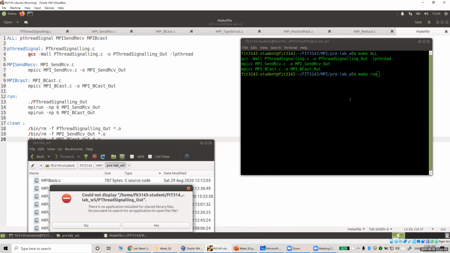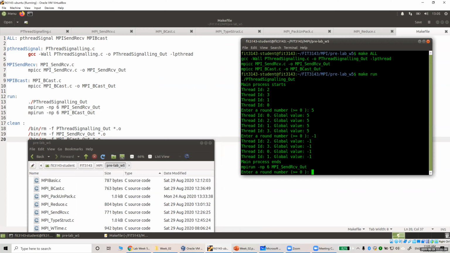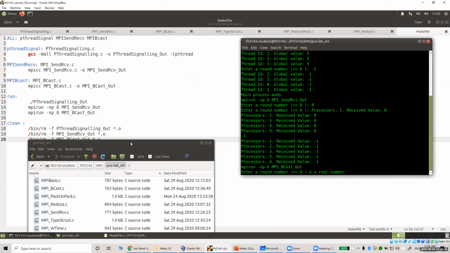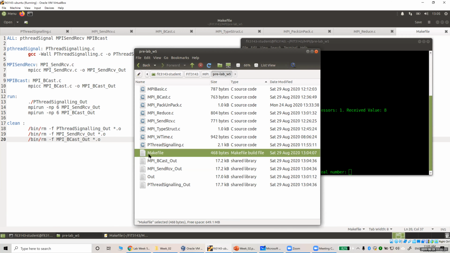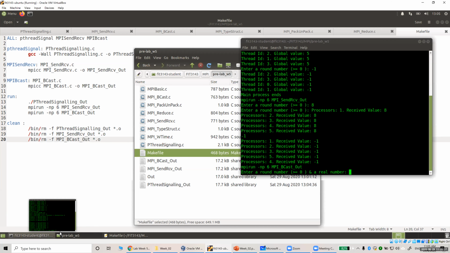So you run the first program, then the second program, and then the third program, and you run them all together. All right, that's how we can use make. Make is a very useful tool if you are creating multiple code files. It's very convenient. And if you want to clean the files later on, you just call